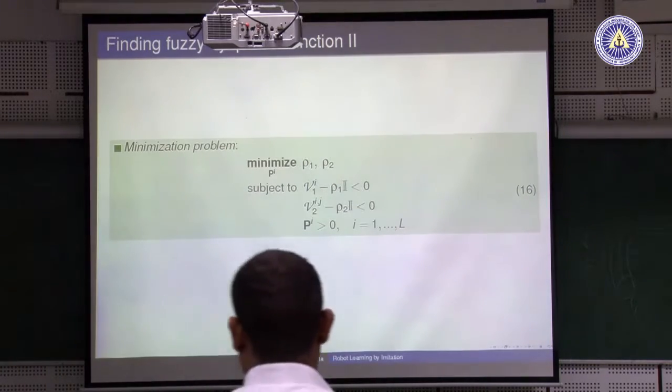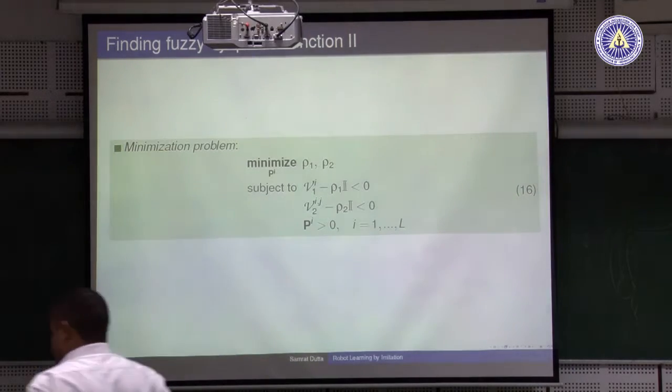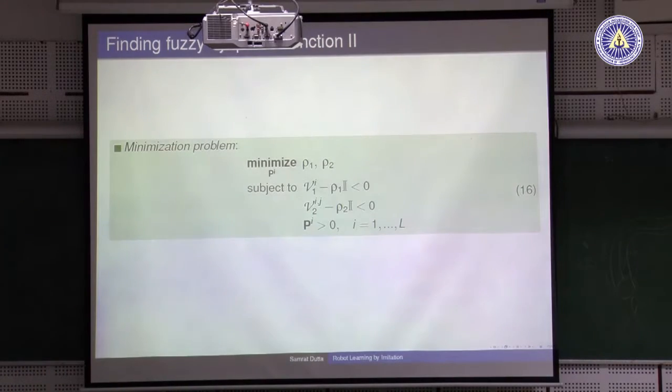This minimization problem is solved using a genetic algorithm. In the genetic algorithm we design the fitness function so that these constraints are met well while we minimize these two scalars, right. So, once we have that P,